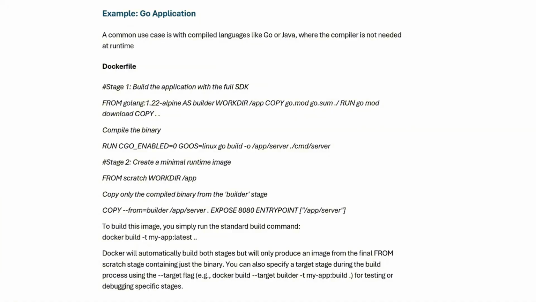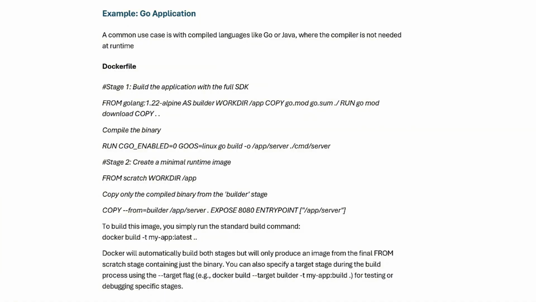So this stage is a heavy stage where you are using the dependencies and SDKs, the same as getting all those ingredients and compiling them into a server. Stage 2, creating a minimal runtime image from scratch. Scratch is an empty image, no operating system, no libraries.